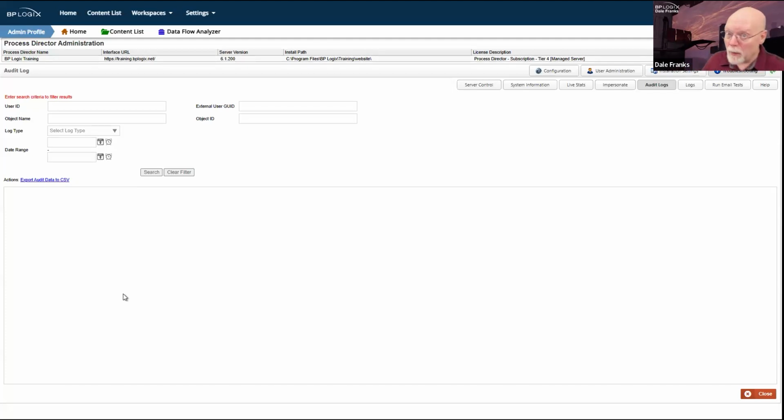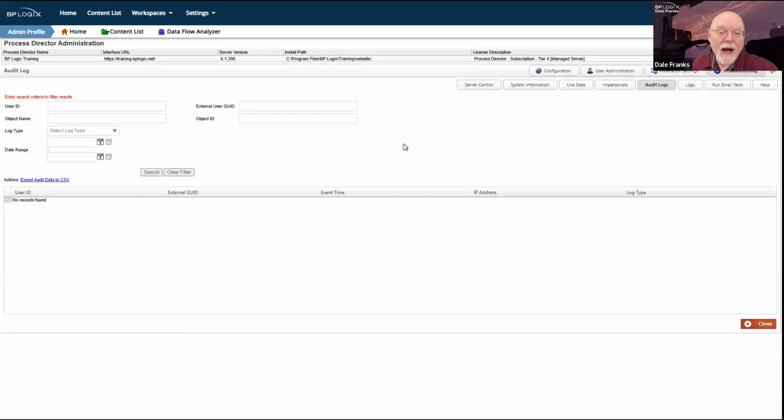That's not optimal. So there is a custom variable that you can use to save the audit logs to the Process Director database. And you can save those logs for as long as you would like. So you can save them for 30 days or 15 days, however long you think is great. And it's obviously going to be a big table. It's going to have a lot of logging information. But the nice thing is it's searchable. I don't have logging turned on this system. It's unnecessary to do for me.